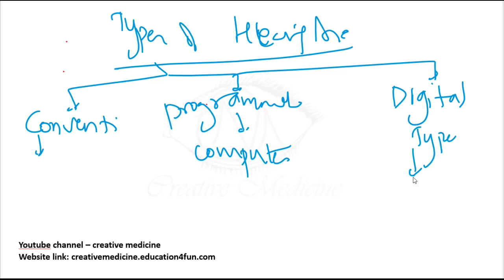In the digital type, there is a software program which is programmed by an audiologist, and this allows lots of flexibility in adjustments, and as a result the digital type will increase the clarity. So these are the types of hearing aid.